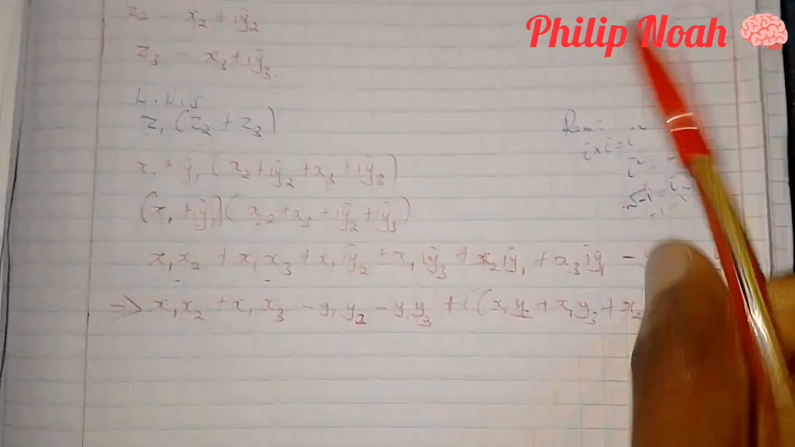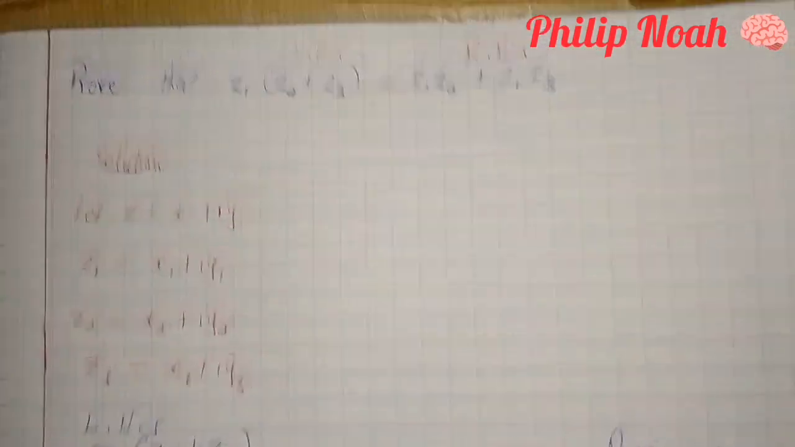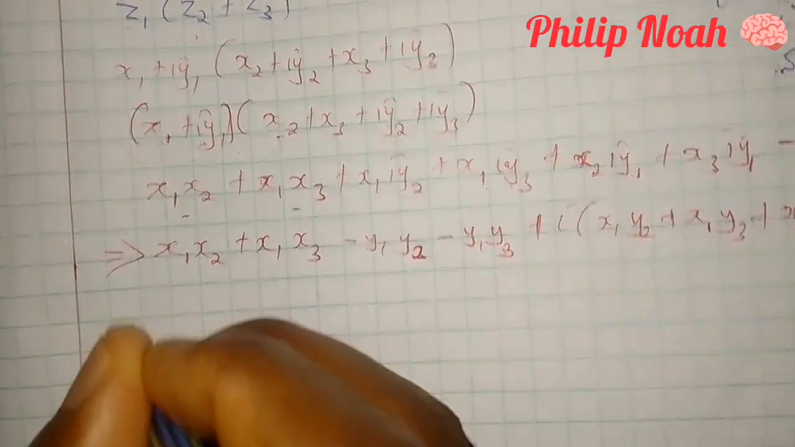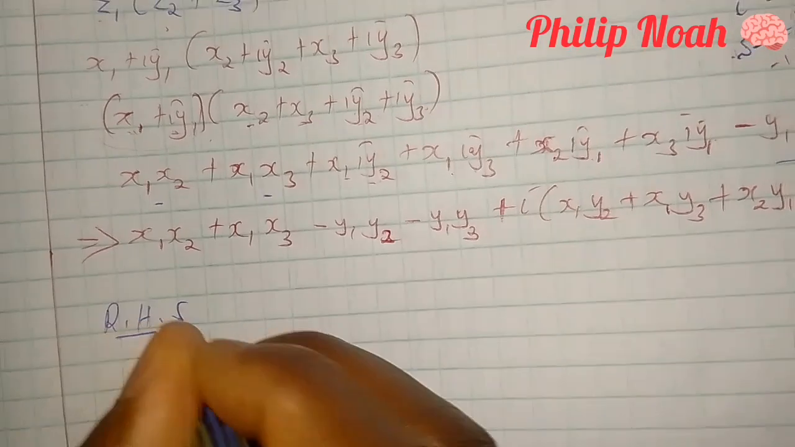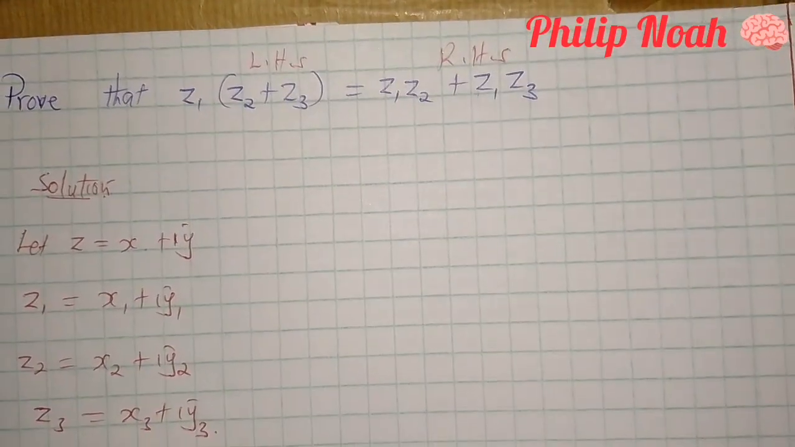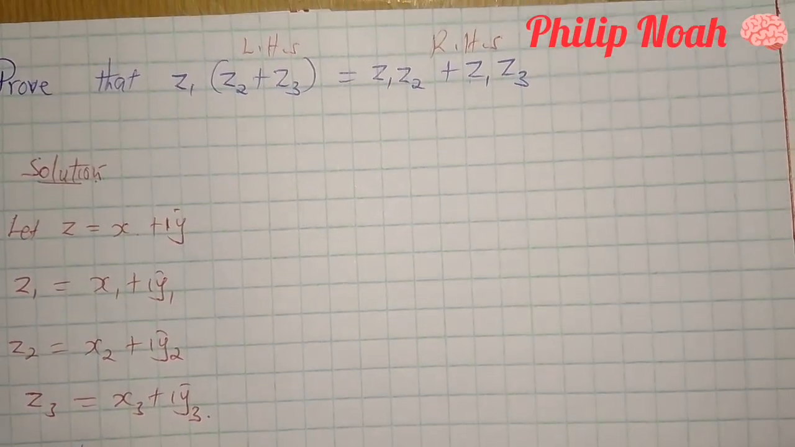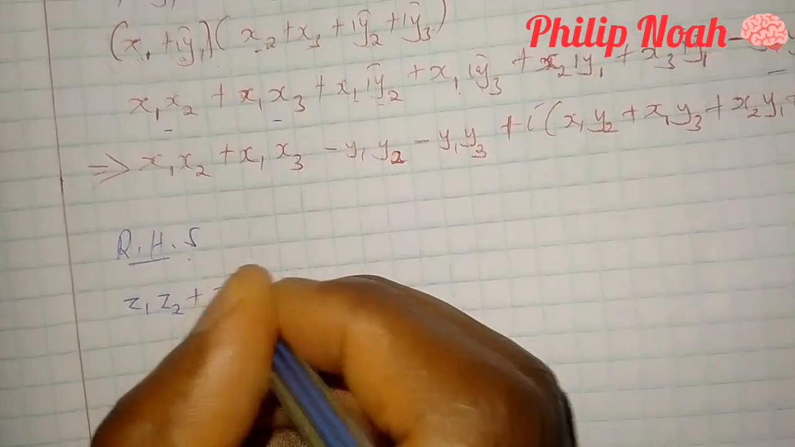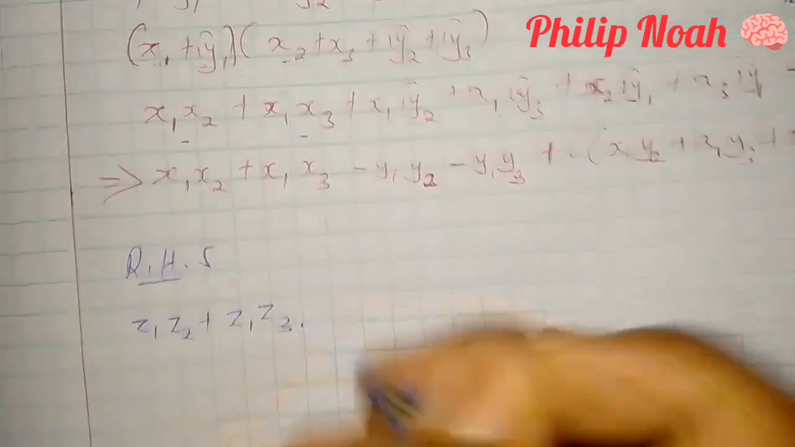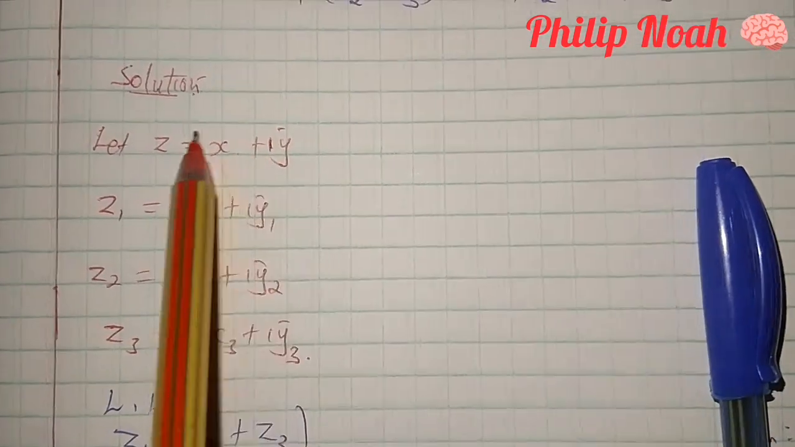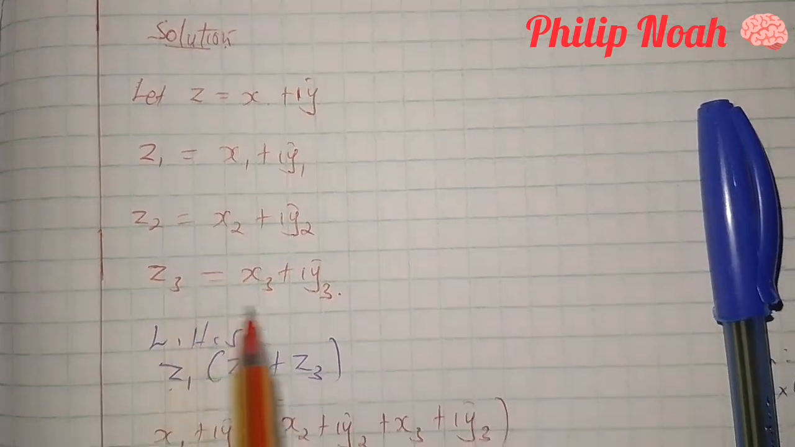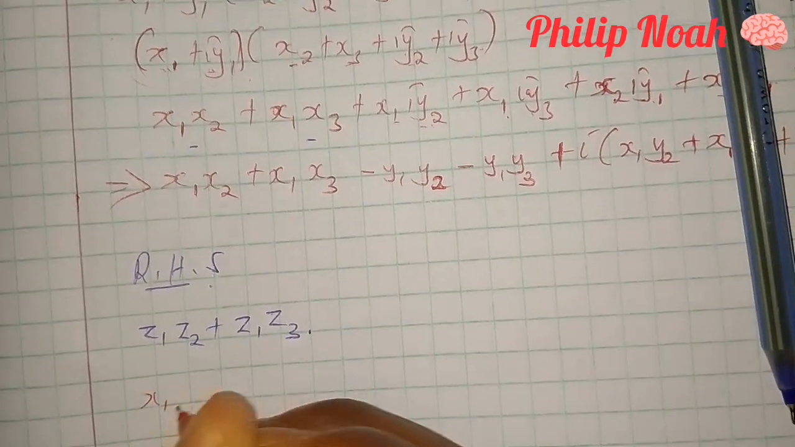We are done. So let's move to the right hand side. On the right hand side, we are having z1, z2 plus z1, z3. And we have said that this z1 is equivalent to this, z2 this, z3 this one. Are we there? So we take z1 as x1